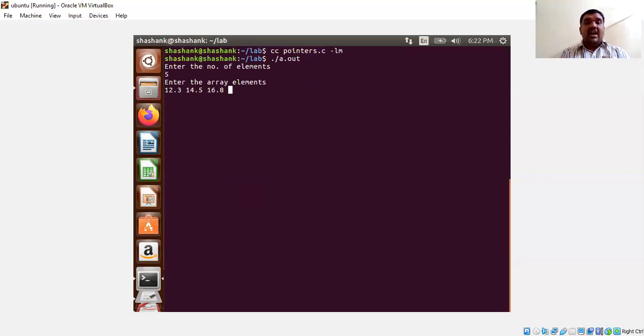Therefore, you can consider an array of 5 real numbers. 17.9 and then 20.2. Now find out the sum, mean, standard deviation. Now press enter. We will get sum is equal to 87.7, mean is equal to 16.34 and standard deviation is equal to 2.73.